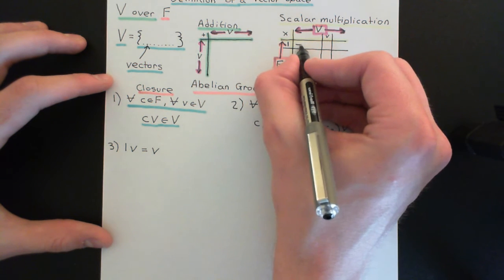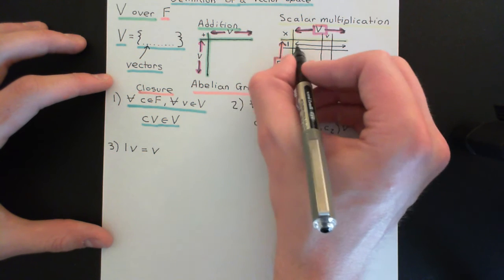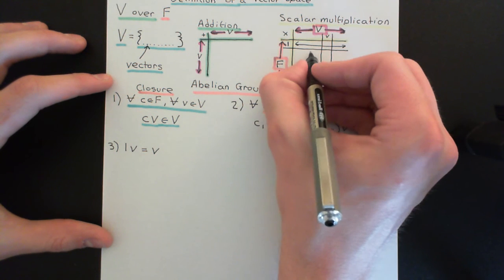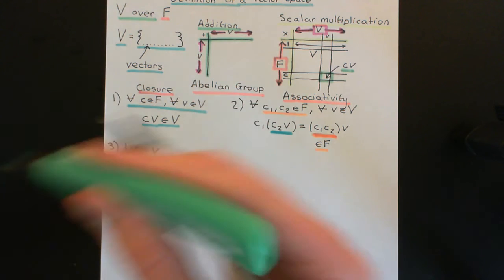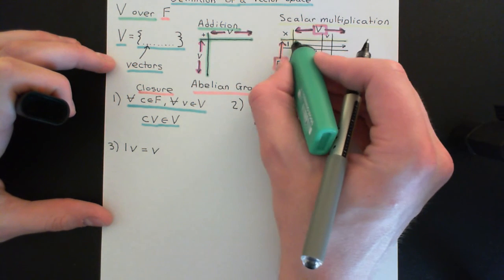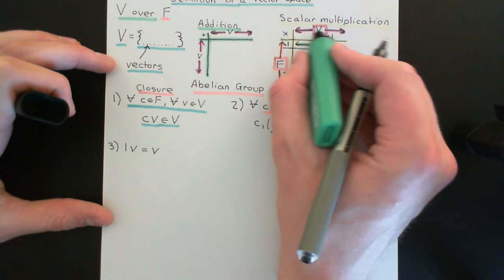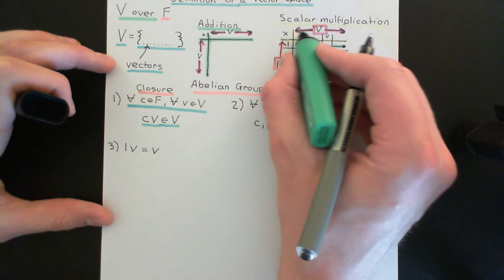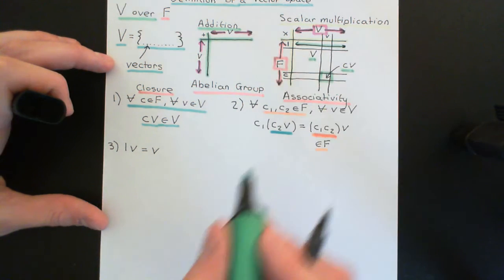So basically, if we look at the row dedicated to the element 1 in the scalar multiplication composition table, it will contain all of the vectors in the vector space capital V, and they will appear in the exact same order as they do up here. So this row will look like a replica of this portion up here, which is the title row, which gives the title of all of the columns here.